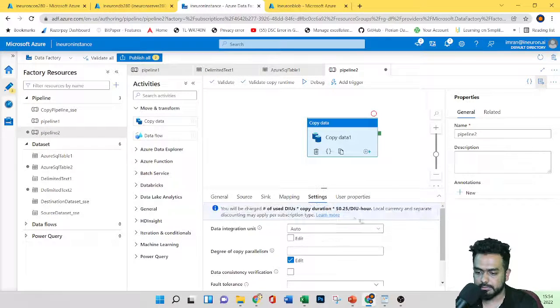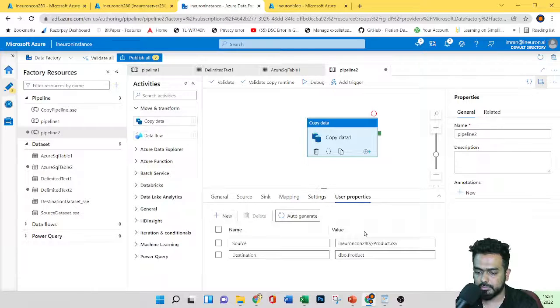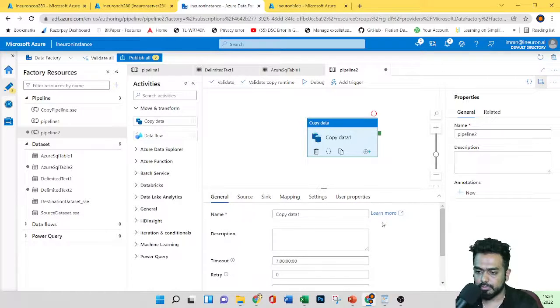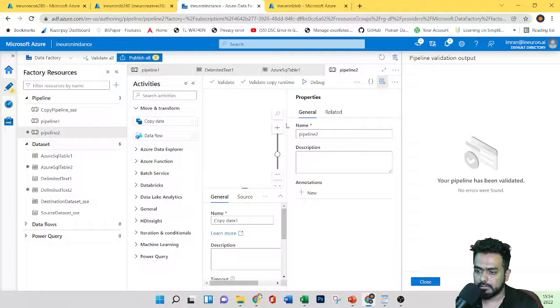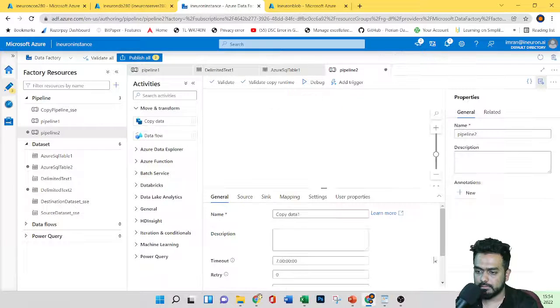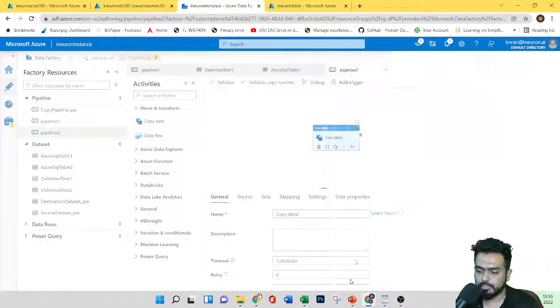In settings, I'll skip and use auto generate. Let's validate. Validation is complete. Now let's publish all. These are the normal steps, right?